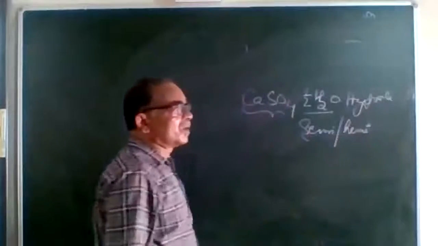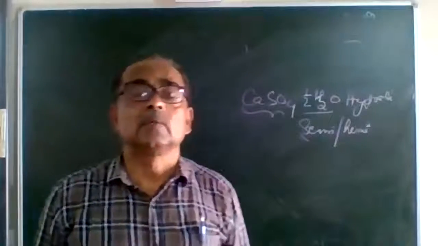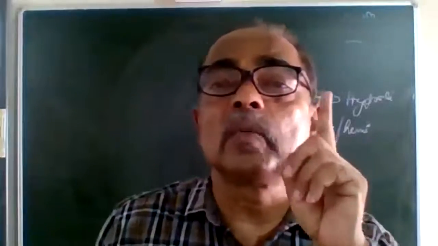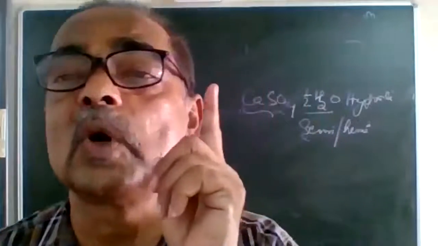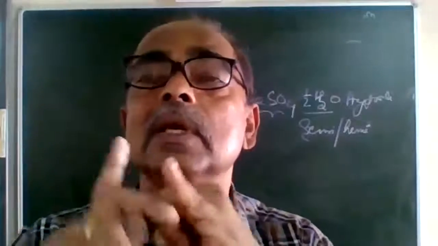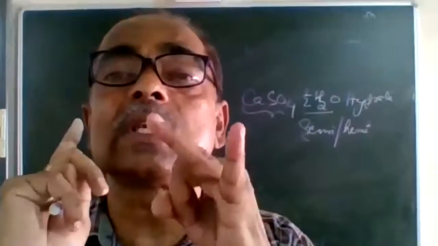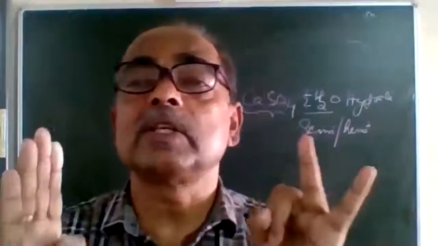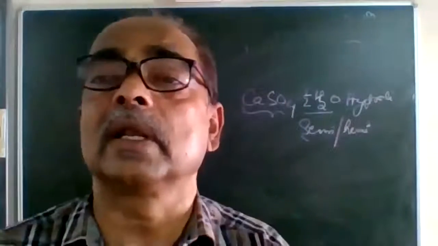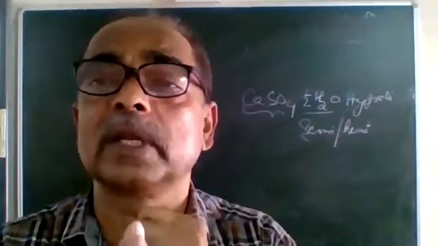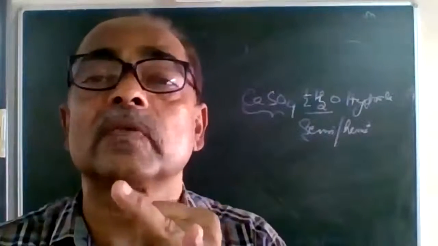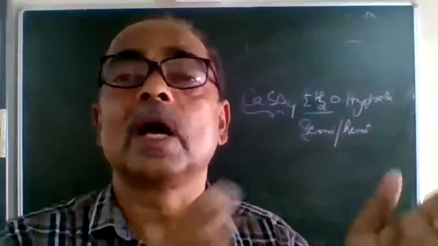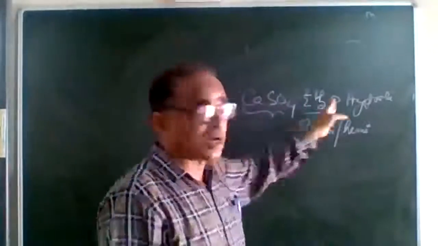So this is the white compound used for joining the fractured bones. So the question is: a calcium compound which is used in bandages to join the fractured bones. Identify. It is plaster of Paris. Give its chemical name. If you say calcium sulfate, no mark will be given. The name is calcium sulfate hemihydrate or semi-hydrate. Understood? Plaster of Paris, chemical name: don't say calcium sulfate, it is calcium sulfate hemihydrate. And the molecular formula is CaSO4 · half H2O.